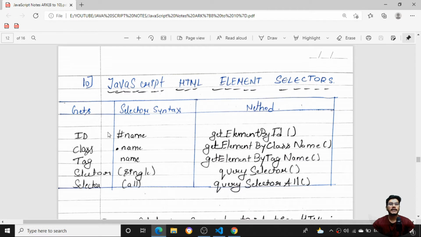If I want to select the particular class of an HTML element, or access a particular class name, I need to use getElementsByClassName. If I want to access an ID from the HTML DOM, I can choose getElementById. And we have some query selectors too. If I want to access the first element, I can use querySelector, which is a single element selector.